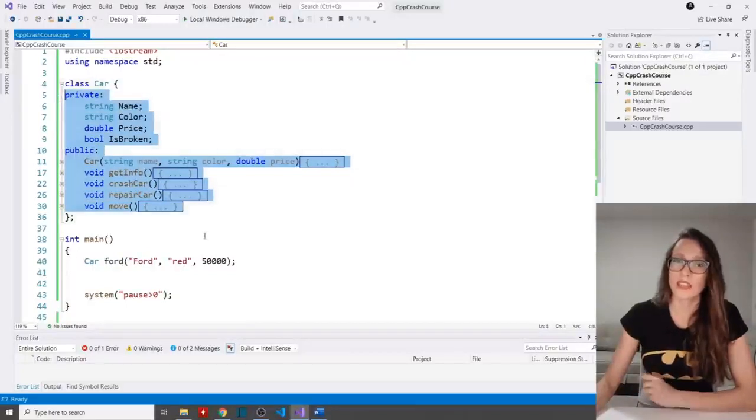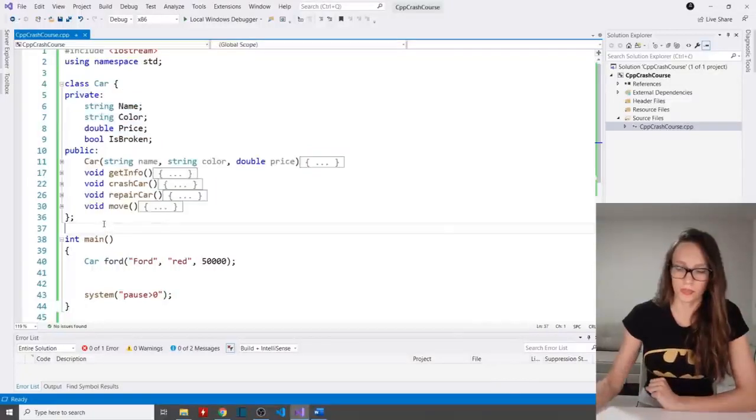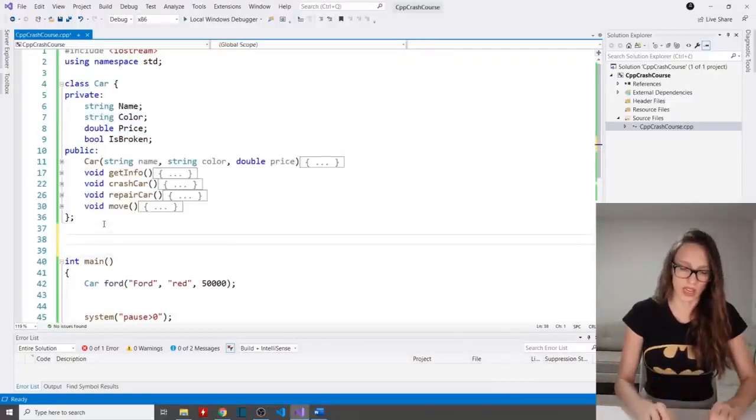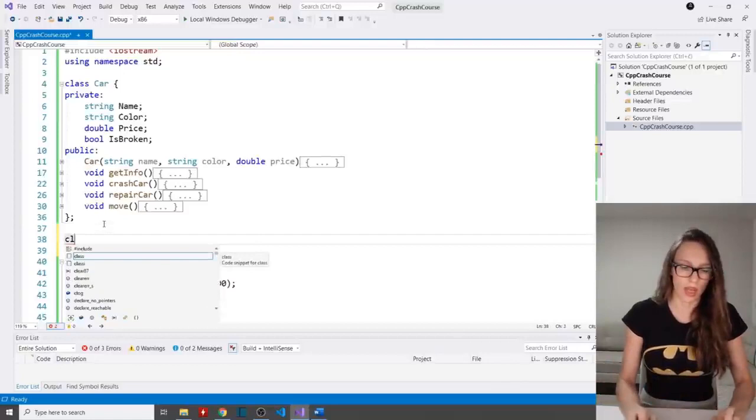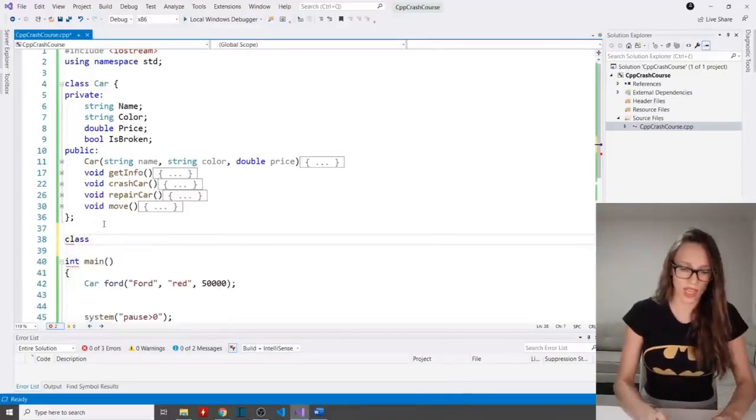Wrong. In C++, we can use inheritance in order to inherit all of these members of a class in another class. So here I can create another class, which is going to be called, let's say, class flying car, like this.